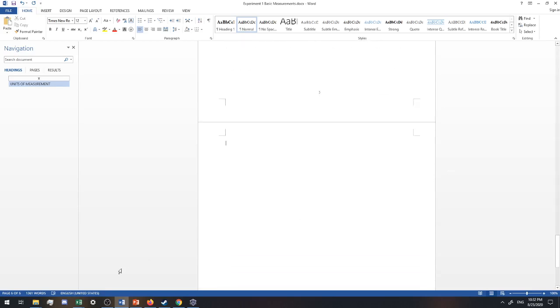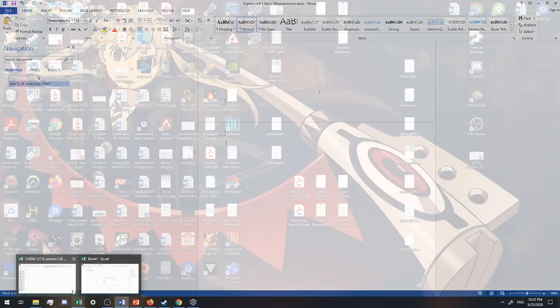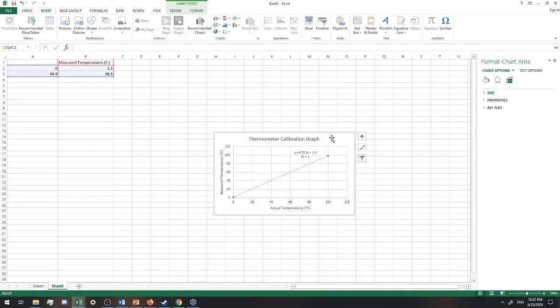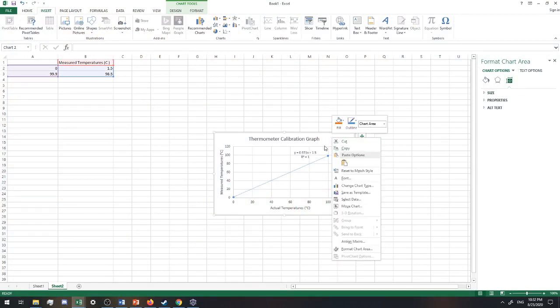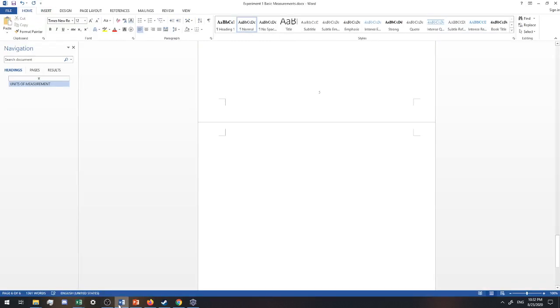What you can do is go back to Excel, click on the graph, and press Control-C, or Command-C, I think it is if you're on a Mac, but whatever your copy function is. You can also, I believe, right-click and press Copy. Then I'm going to go to my Word document and either press Control-V, or right-click and press Paste. So if I press Control-V,